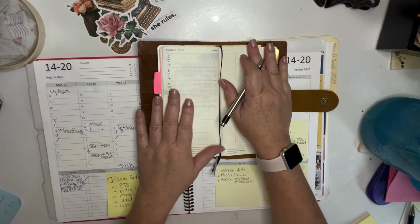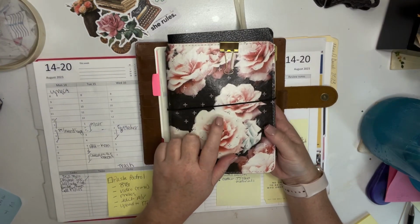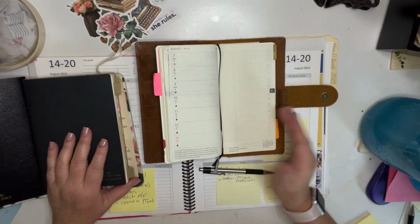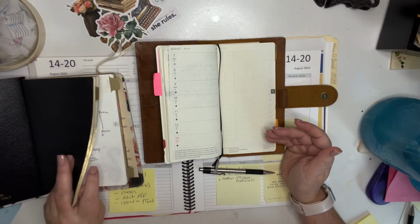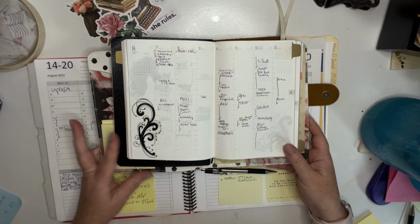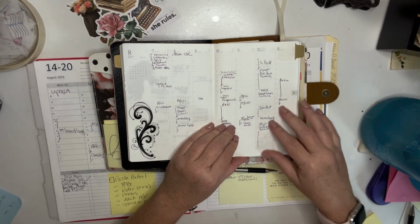The reason why I didn't use that this week is a perfect example. I was using my Sterling Ink B6. So just to give you an example, just what do I feel like carrying? And that's part of why I set more than one planner up, because I don't know what my mind wants to look at. So this week I wanted to look at this planner. I wanted to see things in a smaller version of this, and so we're here,